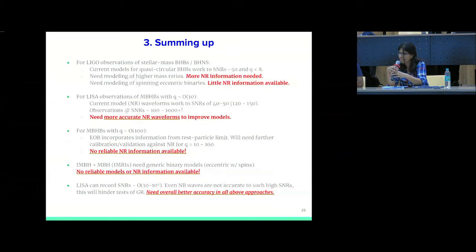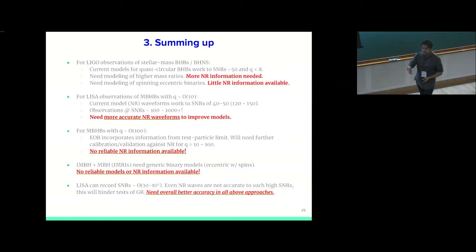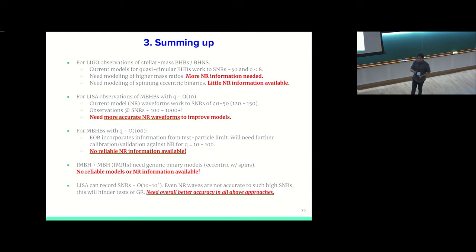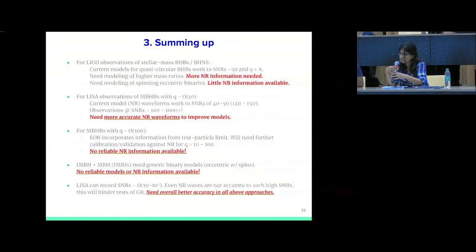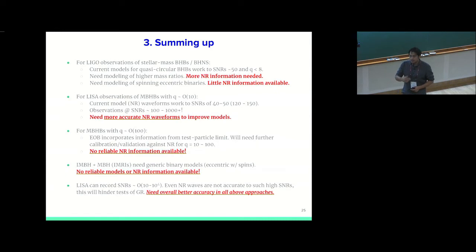So the modeling of systems in eccentric orbit has recently picked up pace. In fact, in the last 3 years, small catalogs of eccentric waveforms have come up, but all of these catalogs are lacking any spin effects on the black holes. They are all just non-spinning black holes inspiraling on elliptical orbits. So one frontier that can be approached here is to include the effects of spin, starting with aligned spin, so we don't have too many new degrees of freedom to model when you use those simulations to construct an analytical model. And then the next stage, of course, will be the fully generic scenario, which is